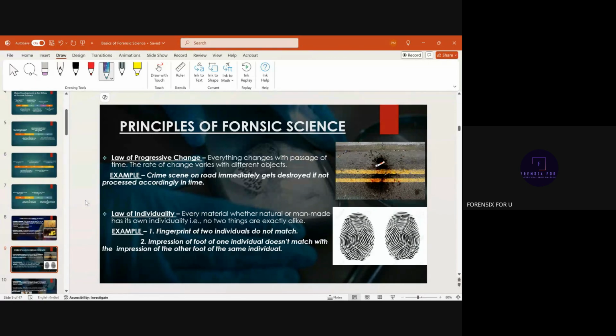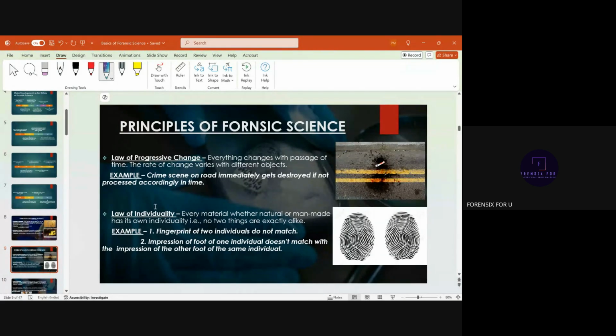Two of your signatures cannot match exactly. And if there is 100% similarity between two signatures of yours, there is almost 99% possibility that somebody has traced your signature, and it is a forged signature. It is not your original signature, because no matter how hard you try, you cannot have a 100% similar signature. You cannot make an alphabet similar even if you write it two to three times. There has to be a deviation, right? So that progressive change is the natural law of nature. You cannot stop anybody from degrading or changing its appearance. So everything is going to change with time.